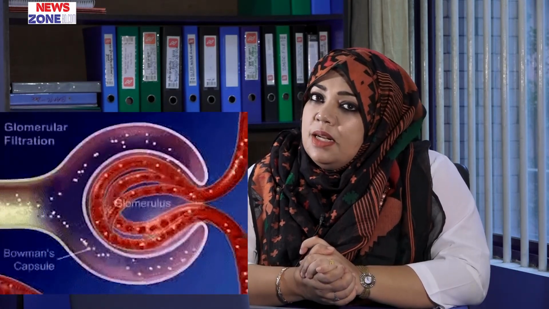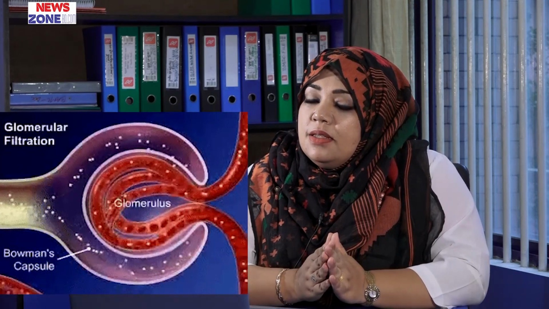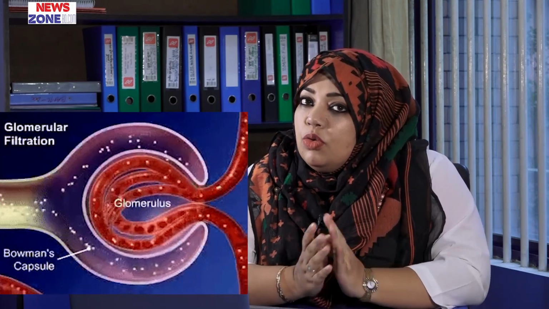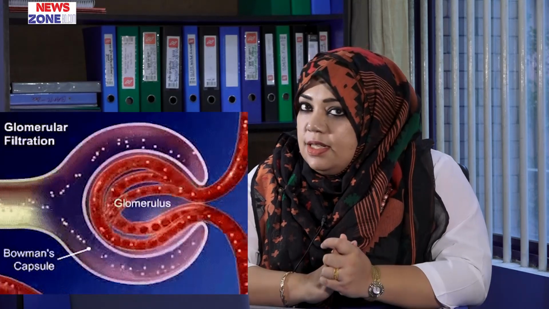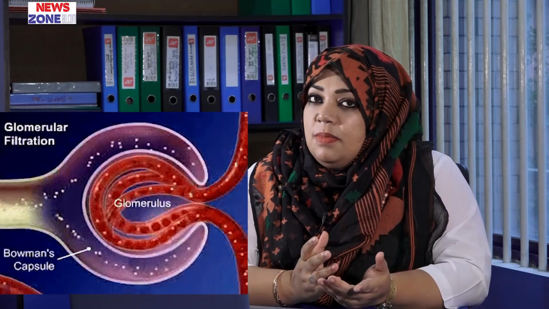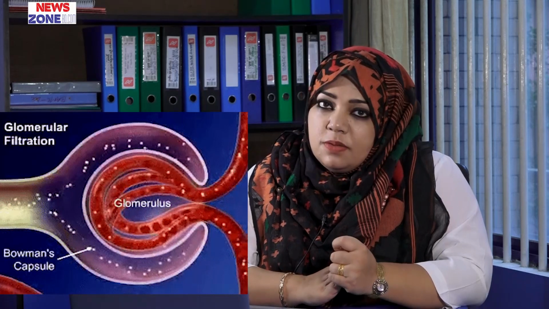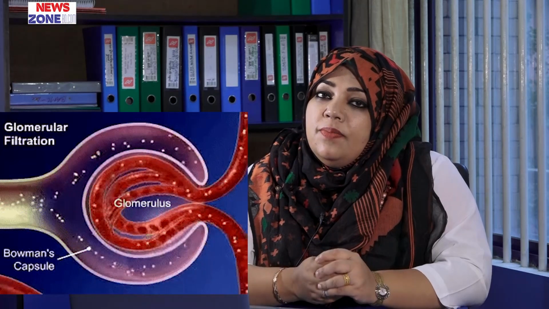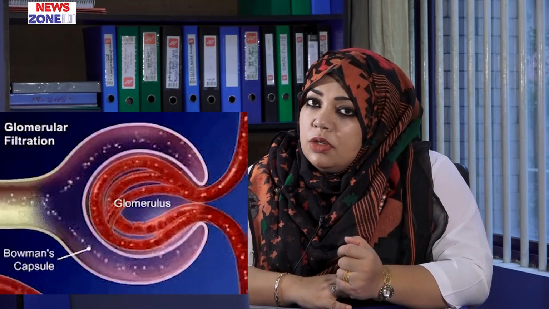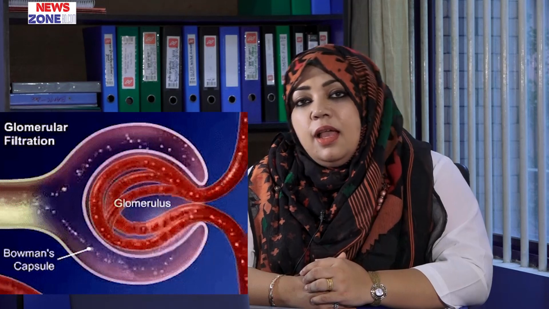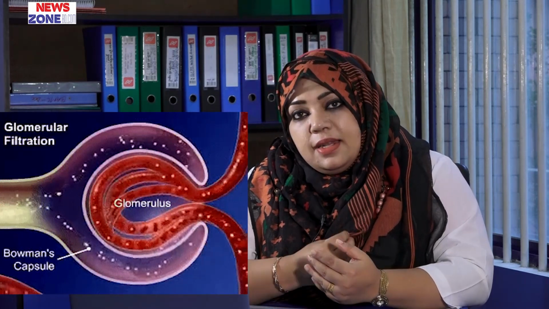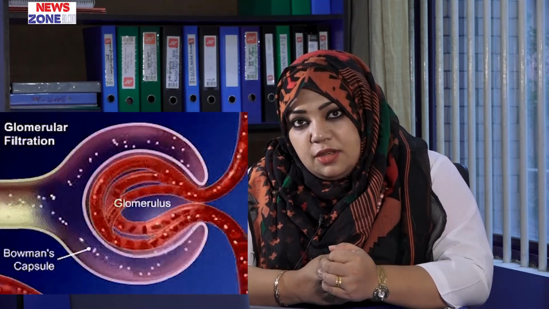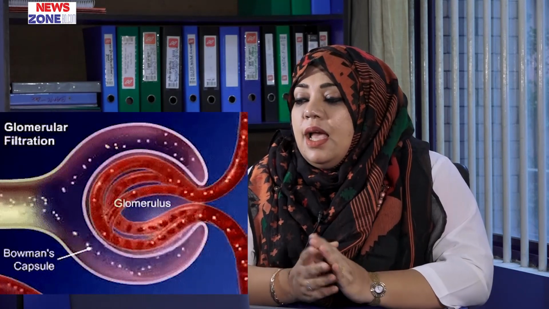So you can see that the glomerulus is a tuft of capillaries, and in this glomerulus there is a glomerular membrane through which the plasma is filtered. This ultrafiltration of plasma is known as the glomerular filtrate. And ultimately there is some tubular reabsorption from this glomerular filtrate, and also some substances are added by tubular secretion into the glomerular filtrate, and ultimately urine is formed.